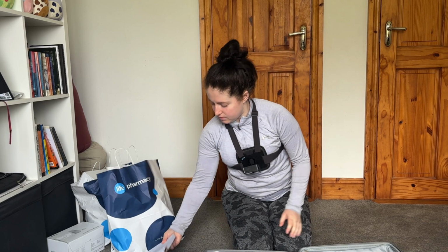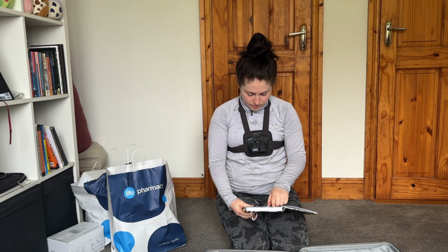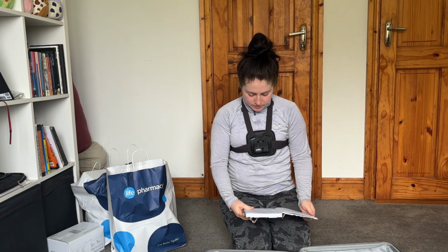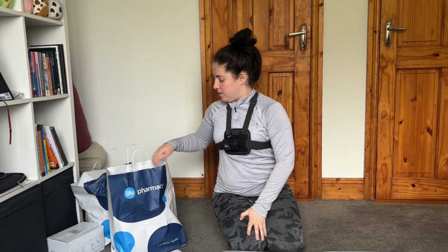So I do have a list that I've been trying to stick to. Insulin is highlighted because we're not going to bring that. We'll come back to the first 2. So as I get stuff, I'm just going to put them into here. The main thing is about knowing how much stuff to bring. So it's going to be kind of like figuring it out for a bit. So I am going for basically 2 weeks. So I have to